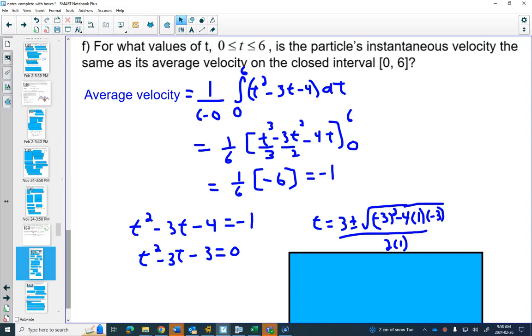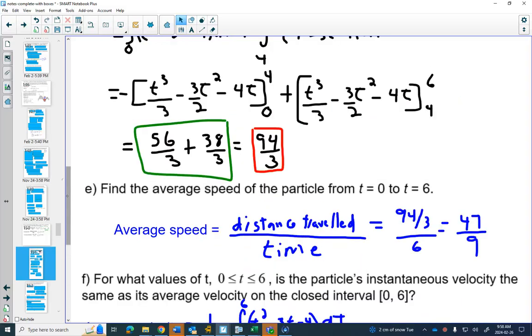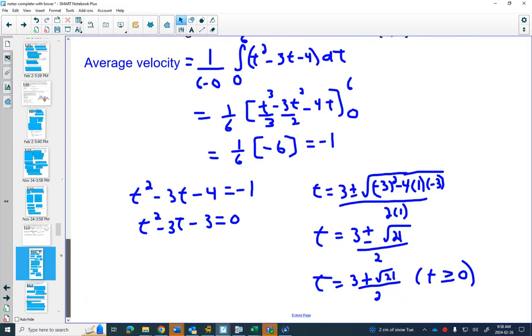If this was calculator, you go to your calculator right away to find the x-intercepts. It's not calculator, then you're going to need your quadratic formula. This is jumping around, I'm sorry. And in your quadratic formula,